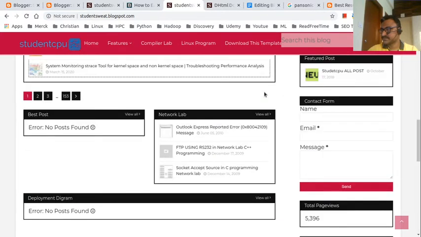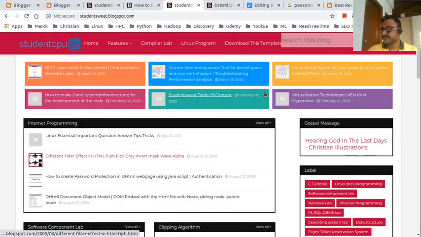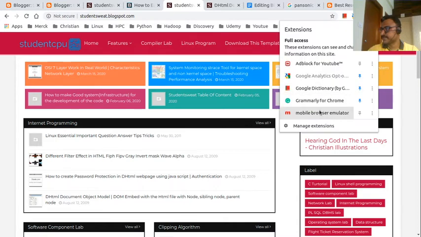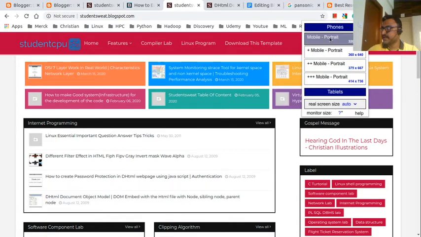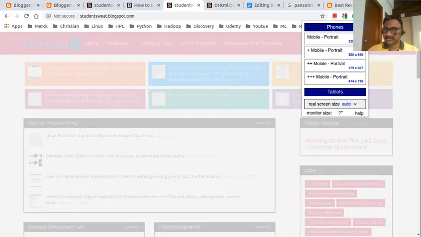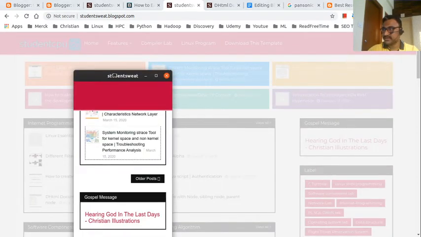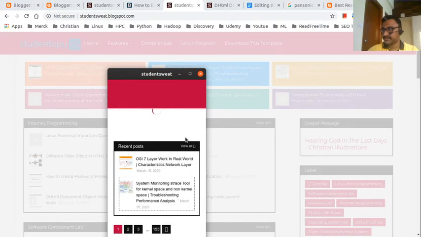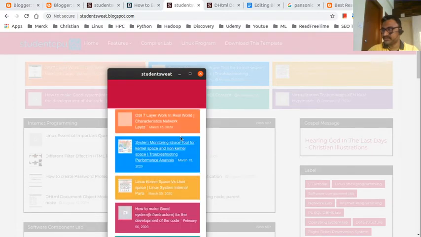Then, this is the one thing. This is my test site. And another thing, in mobile, how will it look? See here. In mobile, actually, this block will display somewhat differently.